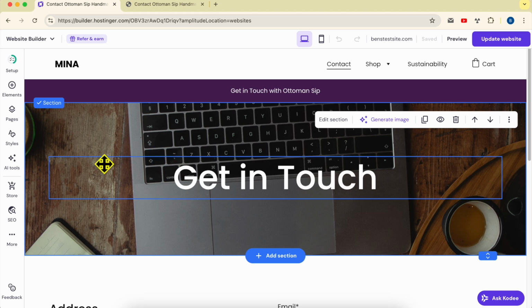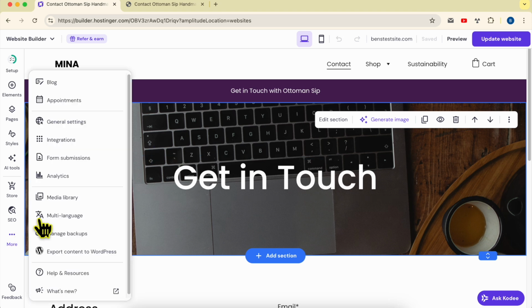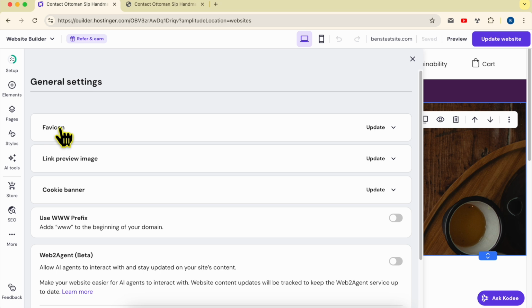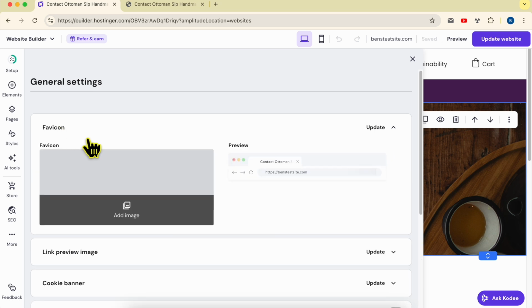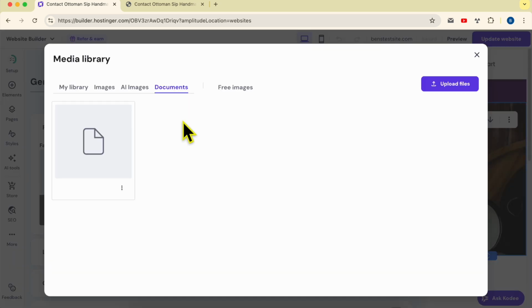It's simple. Just click on more, then go to general settings, and next click on favicon and click on add image. You can upload your favicon file from here. If you still don't have a favicon design, you can simply design it by going